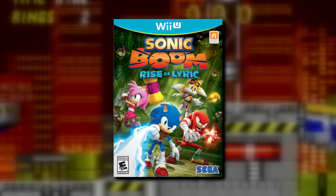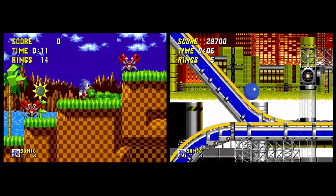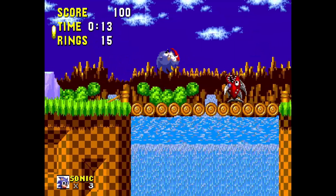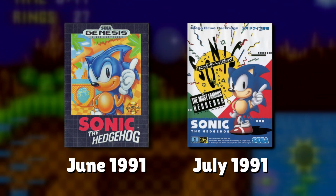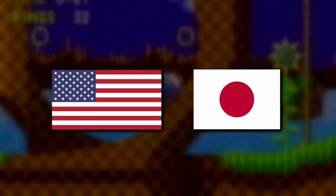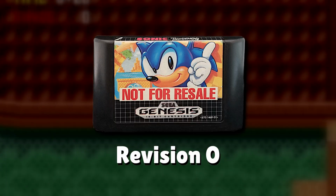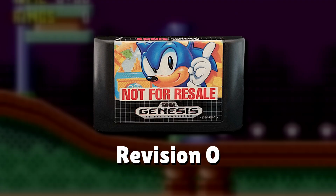Sonic Boom wasn't the only game to have revisions. Even the classic Sonic games had different versions. We'll start off with Sonic 1. This game initially came out in the US, but then was released in Japan a month later. This is unusual. You normally see games get released in Japan first. The original US version, which is Revision 0, is a perfectly fine game that didn't need to be updated, but